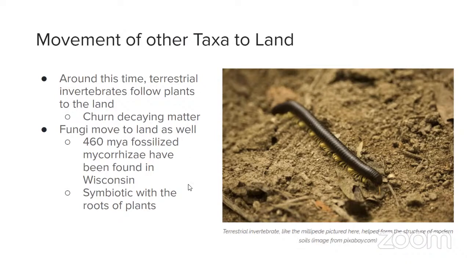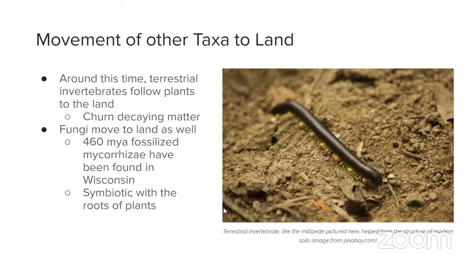Mycorrhizae you want to think about as, honestly, the body of a fungus. It's going to potentially look a bit more like roots if you were to dig some up, kind of white and fuzzy looking. But that's actually the body of a fungus when you're looking underground. A mushroom coming up is actually just the reproductive structure. It's not the whole organism itself. That's really just the spore distribution. So we see these mycorrhizae underground, we can see them now in the fossil record, and lots of mycorrhizae grow in combination with plants. They trade nutrients back and forth